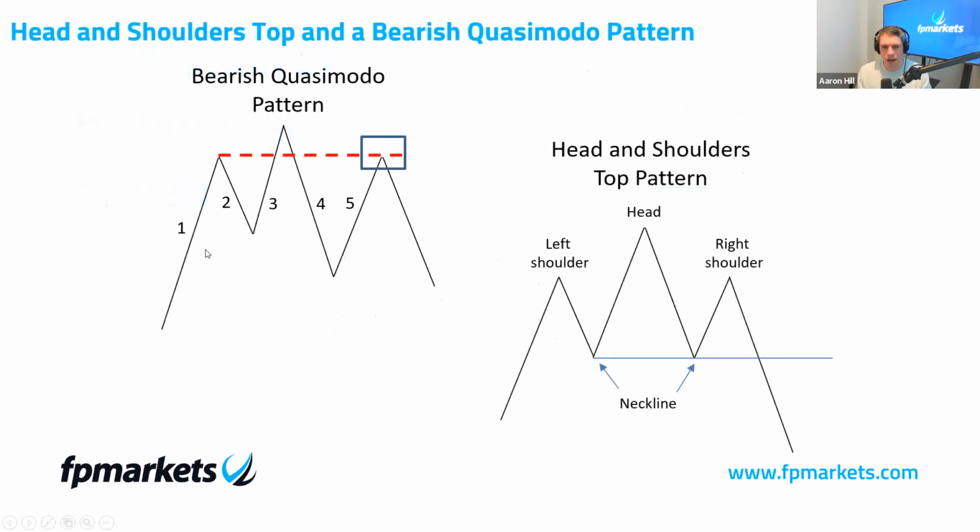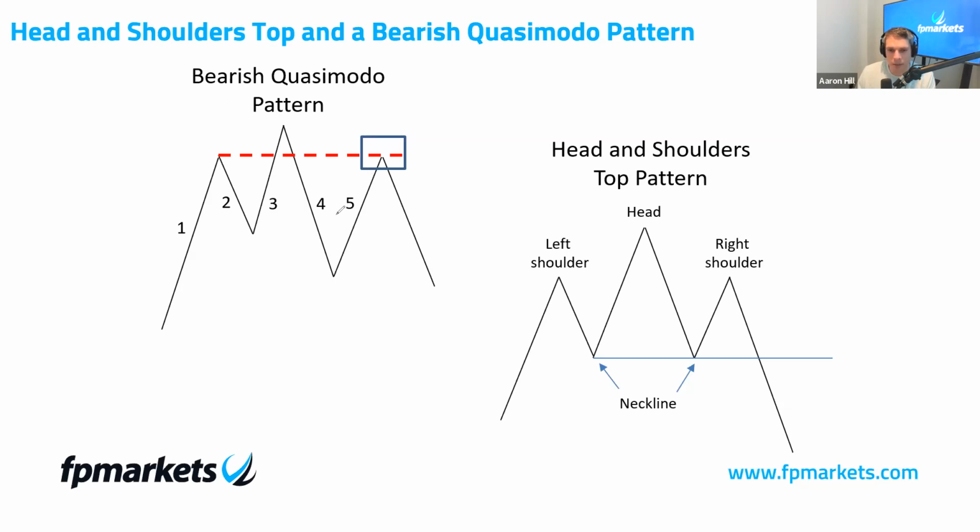Okay. Now this is something I get asked a lot. What's the difference between a QM and a head and shoulders pattern? They look very similar, right? They look very similar, but there are some clear differences, right? So as shown on the slide, a head and shoulders requires 3 definite peaks. Now, this is not a webinar on head and shoulders. I'm sure most of us are aware of what a head and shoulders is. So look, 3 defined peaks: the left shoulder, the head, and the right shoulder, which is something the QM does not have.